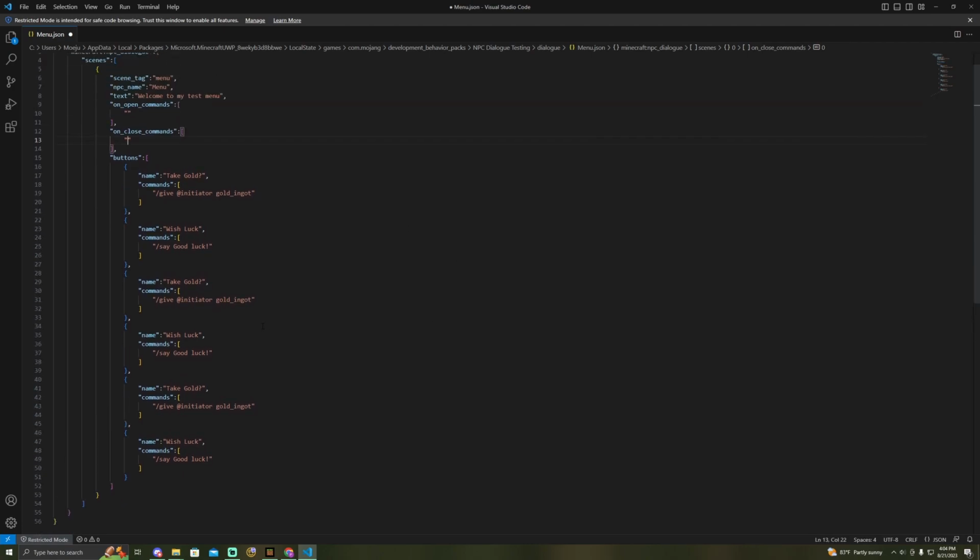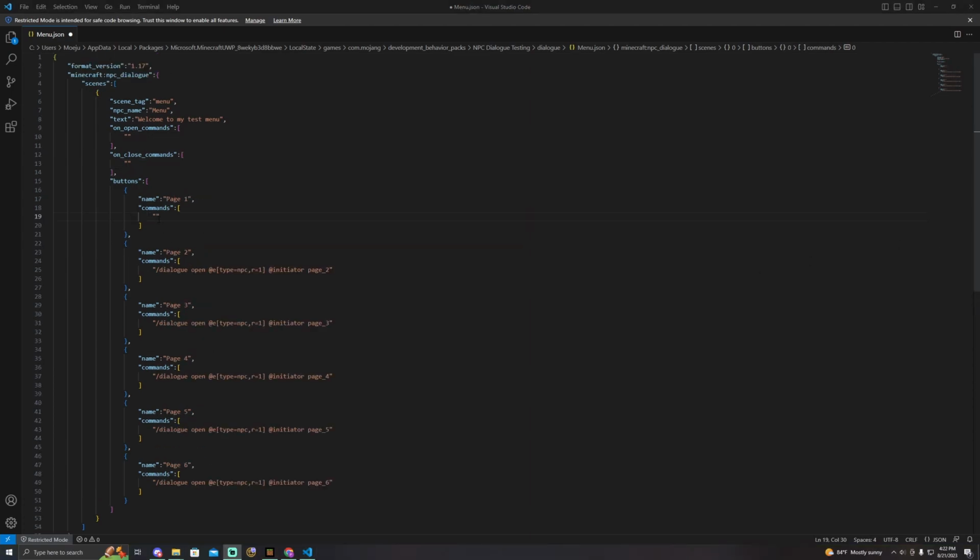Next, I'm going to go through and rename all the buttons. This is a very important command we're going to be doing here. This is what makes the entire pack work. So we'll do it here together, but it will also be in the description. It's going to be /dialog,